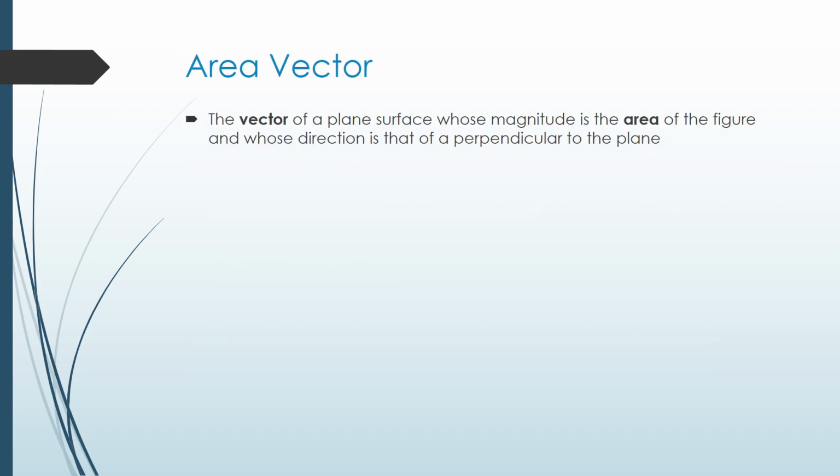Now in order to understand electric flux further, we first try to explain area vector. What is meant by area vector? So according to definition, area vector is a vector of a plane surface whose magnitude is equal to area and direction is that of perpendicular to the plane. So area vector has a magnitude equal to area and direction which is perpendicular to the plane